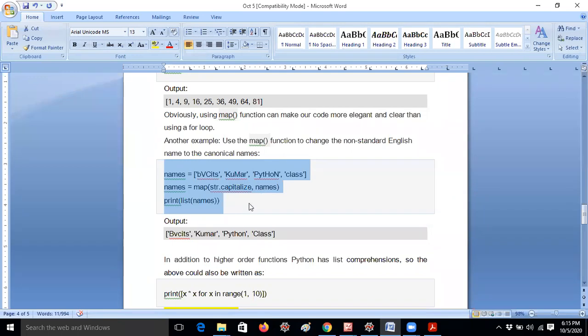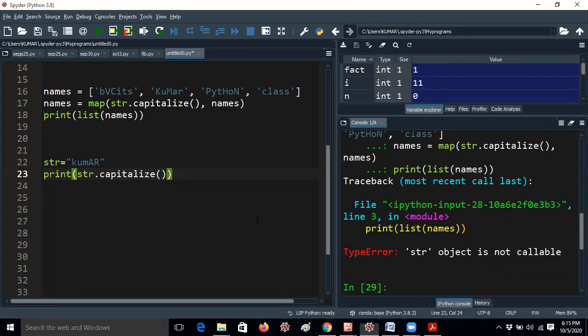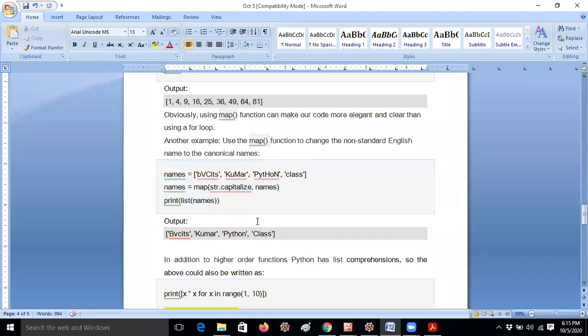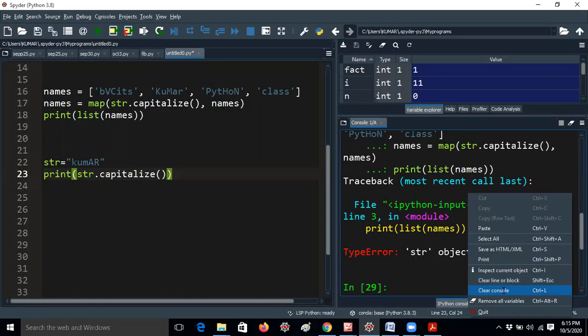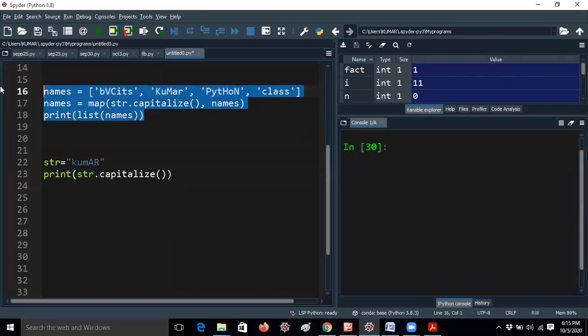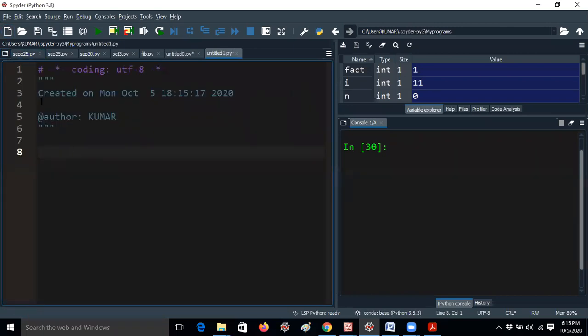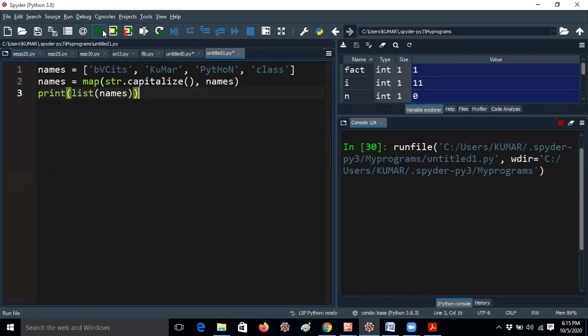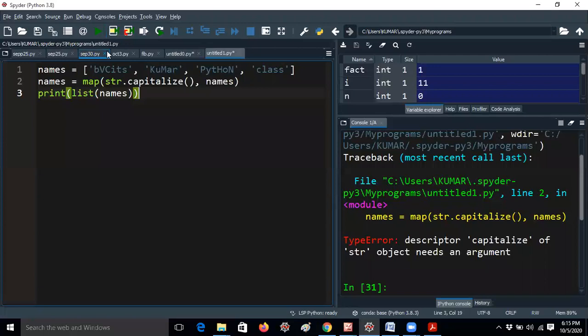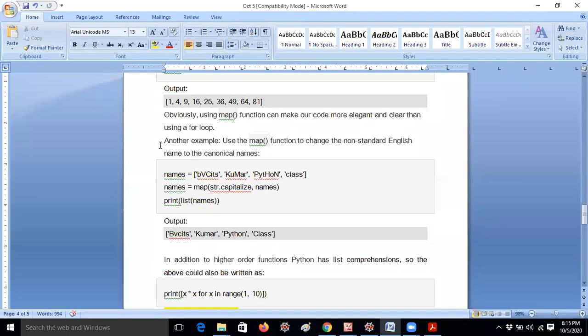Here I'm giving map of str dot. One minute guys, don't worry. Descriptor capitalize of str object needs an argument. What is that argument? Capitalize does not require a method. No, I know.